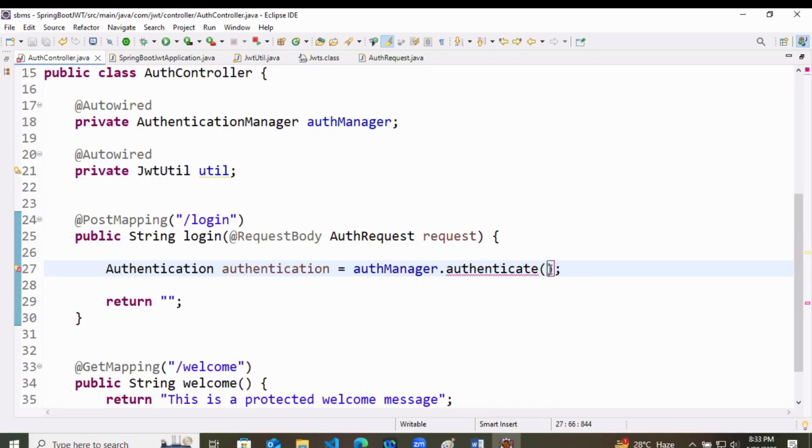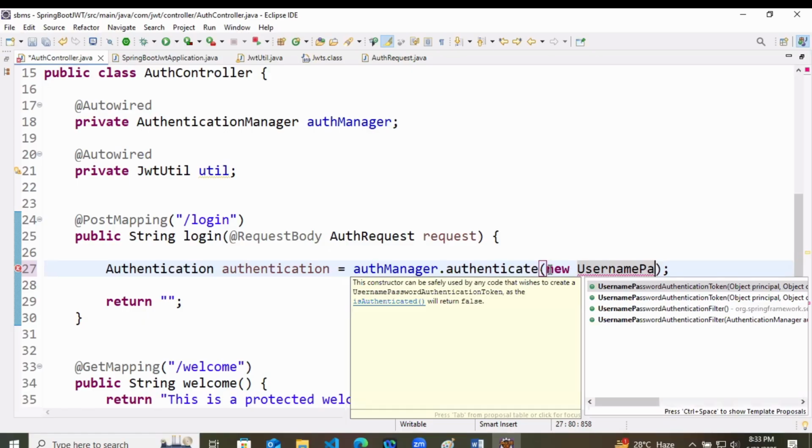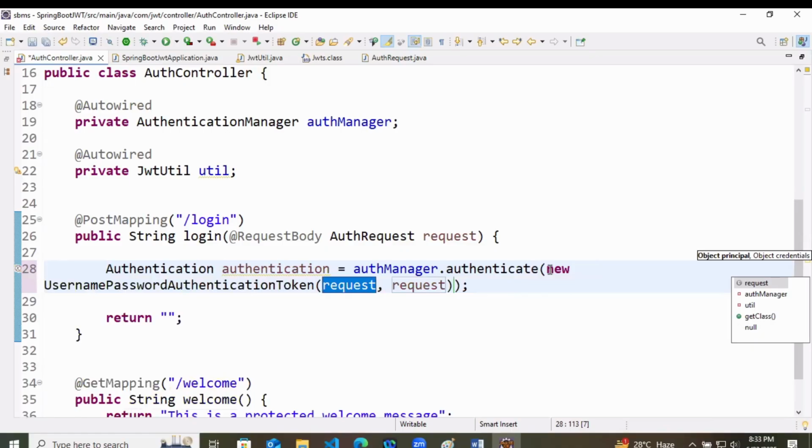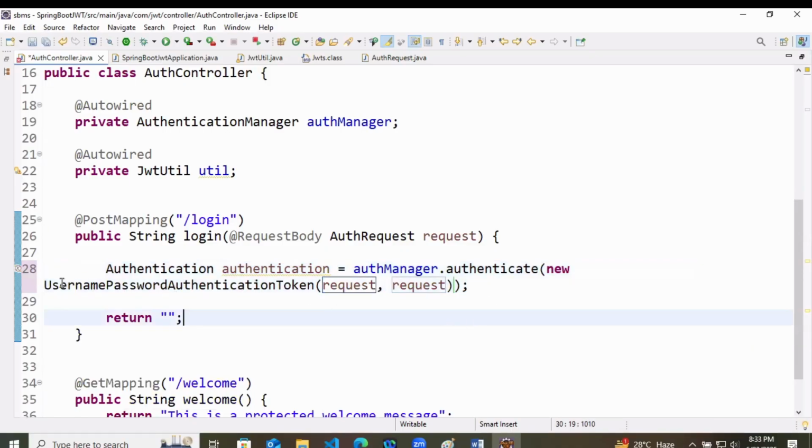So here you can create an object like this. Now which class is used there? Here we have username, password, authentication token. So here we have created the object of this class, that is UsernamePasswordAuthenticationToken.